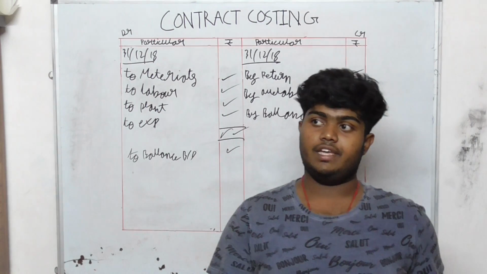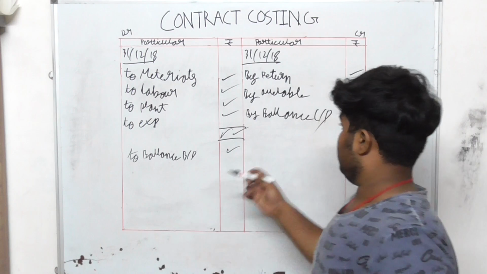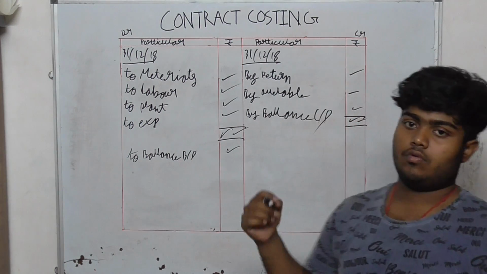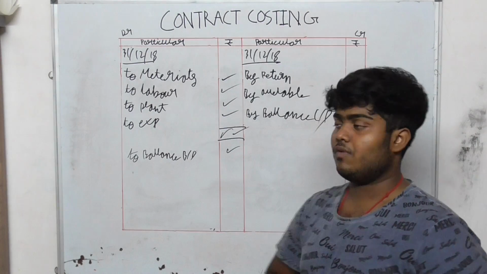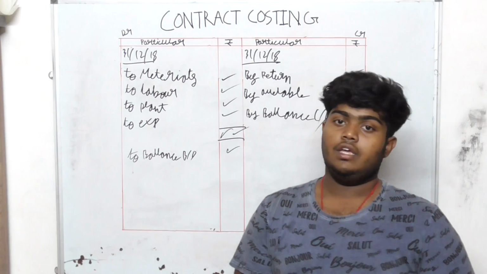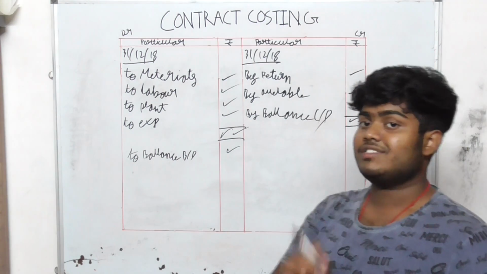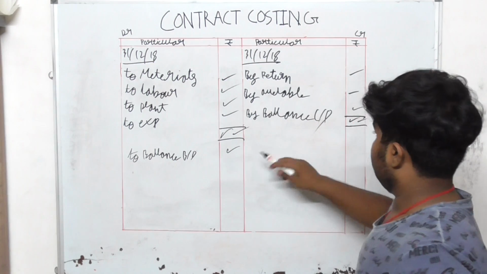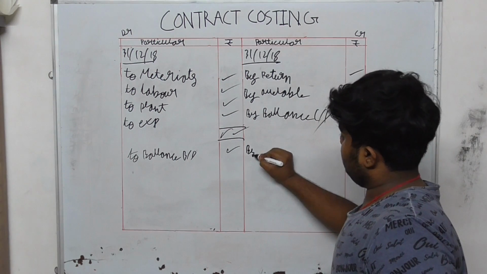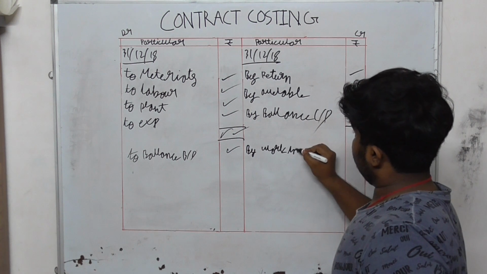If the government thinks that you have not done all the work you are showing, like you show that you did a 1,01,000 rupees job, but the government says that you did only a 1 lakh rupees job, so there the 1,000 is a non-certified job. Okay, then the non-certified job will be here, like by work in progress.